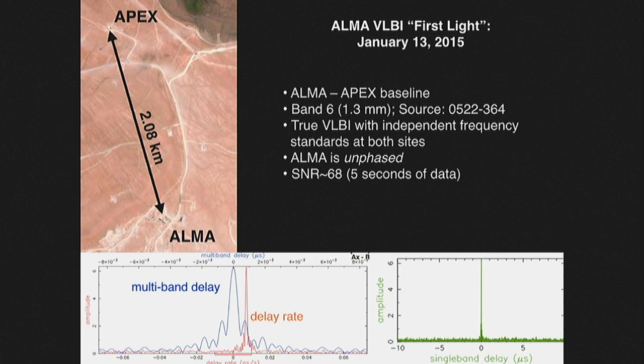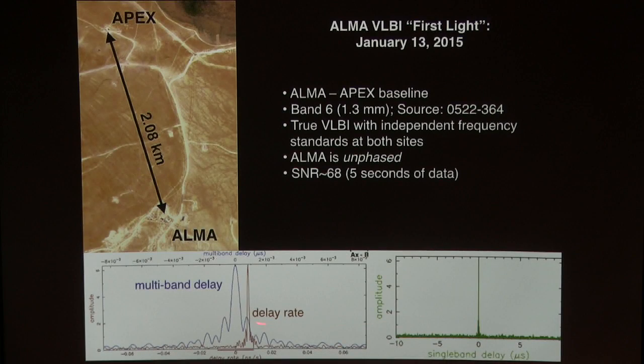So what are the results? We got our first VLBI with ALMA to the APEX site. You think to yourself, well, hold on, that's not any longer than the ALMA baseline, but it turns out that APEX had its own maser. So this was truly a VLBI experiment, maser to maser. I'm not going to give you the decoder ring to figure all these out, but these are peaks in delay, delay rate, multiband delay, which show that we're getting a very good